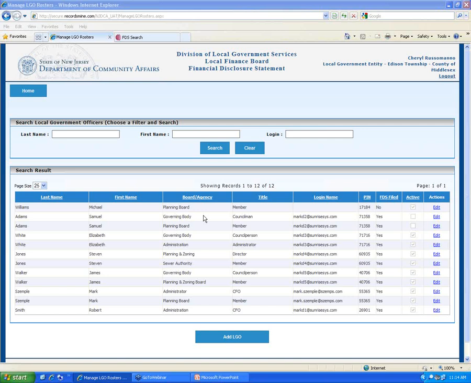Whatever email address you have for the roster management, you will have to use a different email address in order to file your FDS, whether it's your personal email address or, as we've told other people who said some members don't have email addresses, there are sites where you can get a free email: Gmail, Yahoo, Outlook.com, they all provide free email addresses. Or you can ask your IT department if they can provide an official, let's say township, email address for those members. But you have to have that separate email address filed.